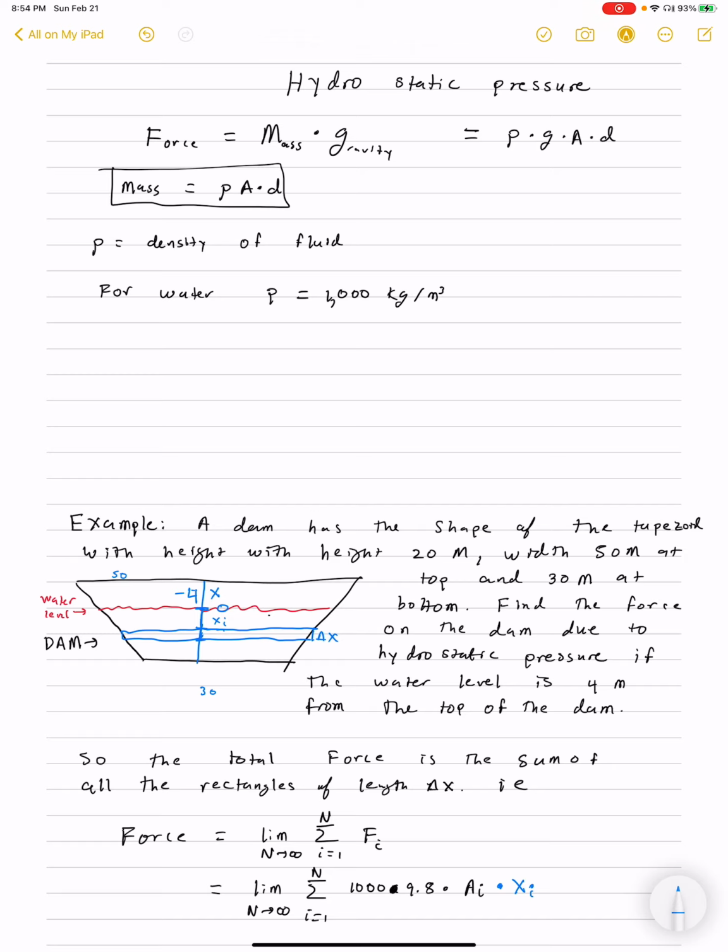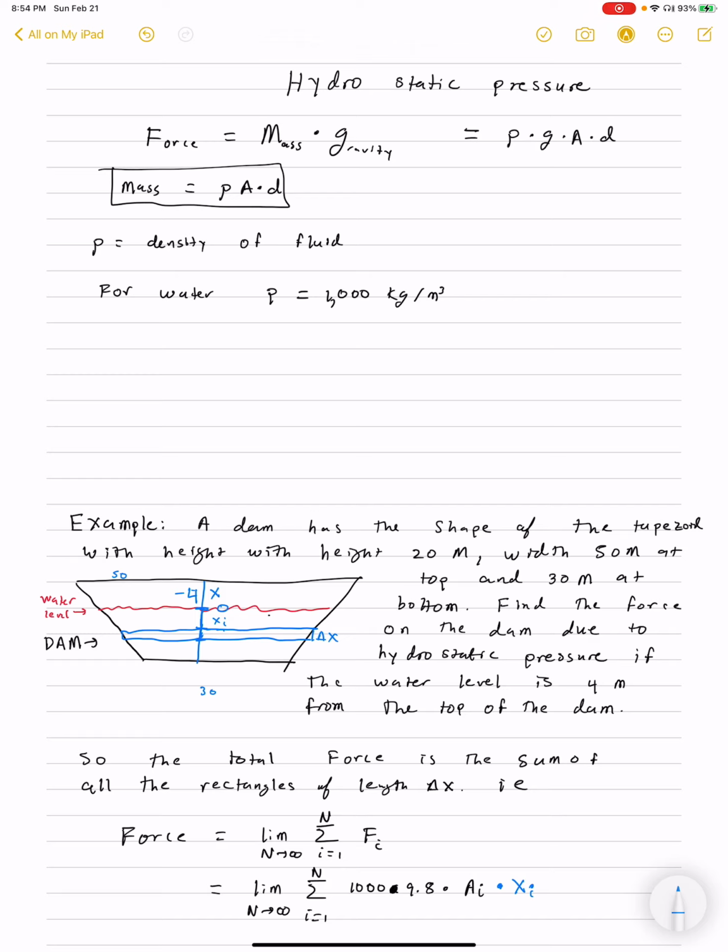That's 1,000 kilograms per cubic meter. But how much water is above it, or weight is above it, is a function of the area that this